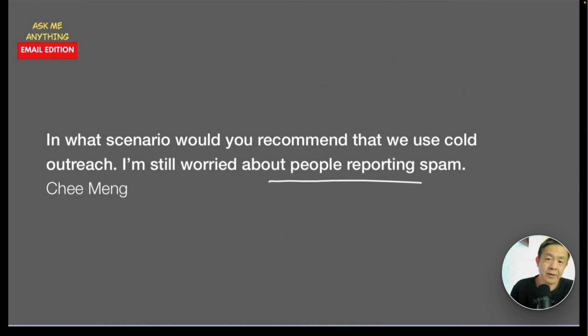The concept of cold email is this: we are sending emails to people who don't know about us. Okay, and there is a high chance that certain people may react negatively, especially if your cold email is not written well, and you're just saying, hey, I've got this, would you like to join me, and the person thinks, I don't even know you, why are you in my inbox? They will report you as spam. So the idea of cold email is it has to be very subtle, and very well researched